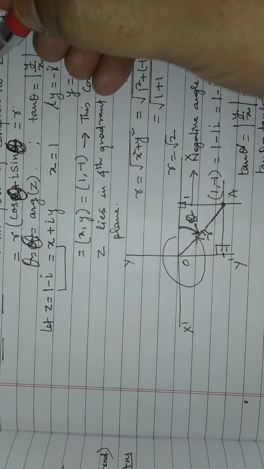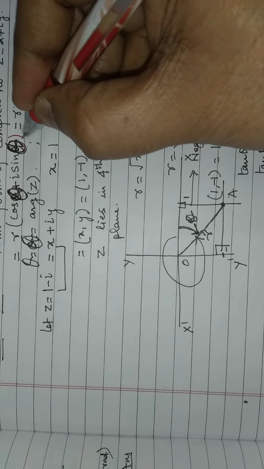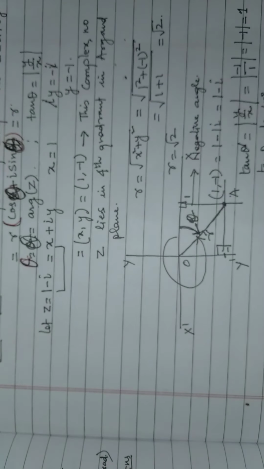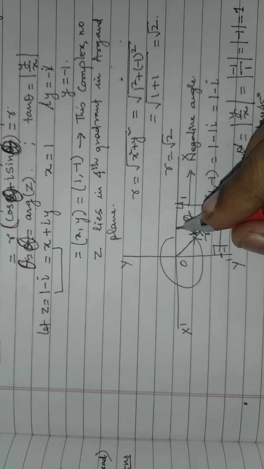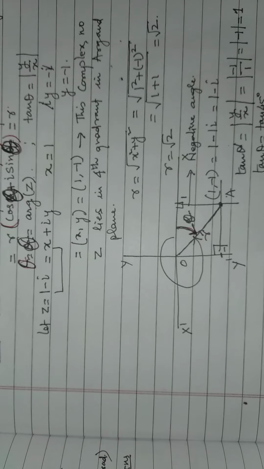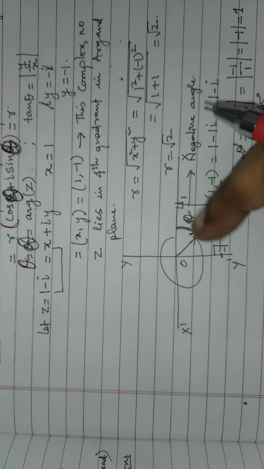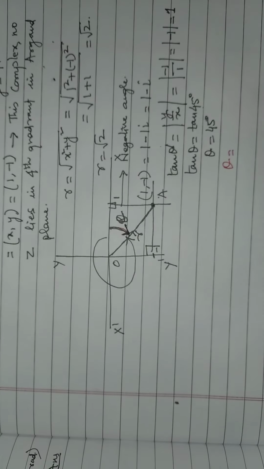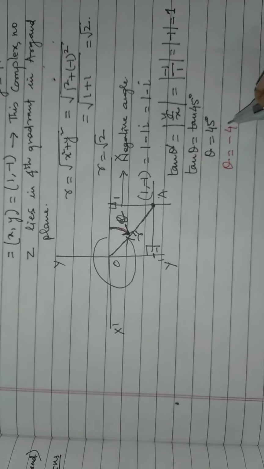This is the theta, and this is kept inside the bracket also. So theta is equal to the argument of this. But see here, in which direction is theta found? The smaller angle theta is found in the clockwise direction. So in the clockwise direction, you will have to take negative